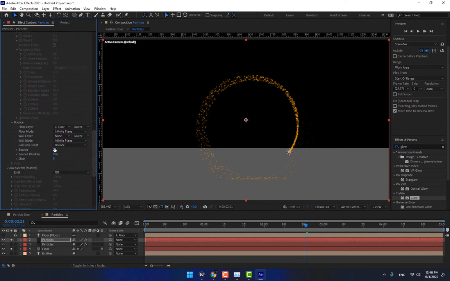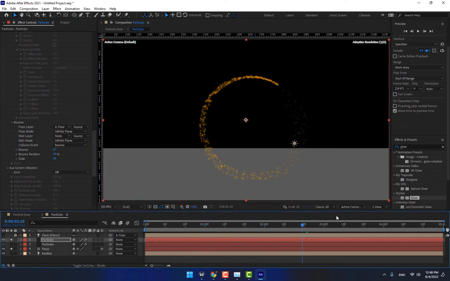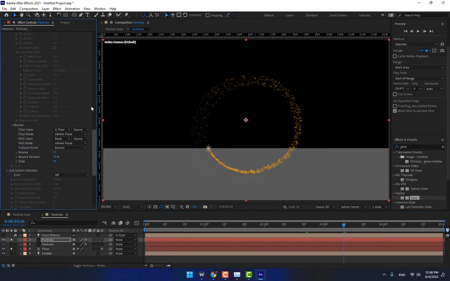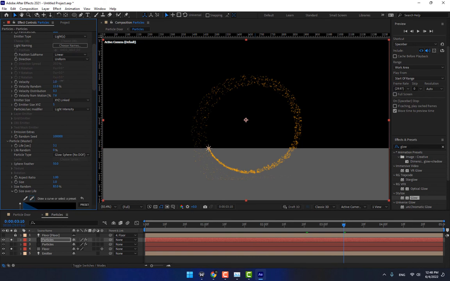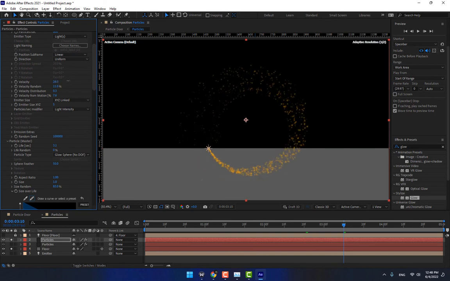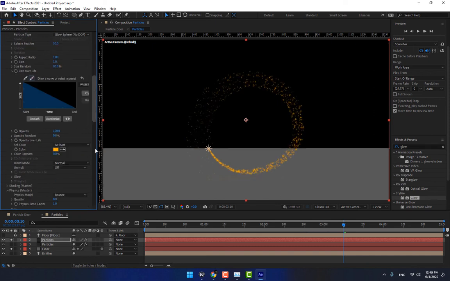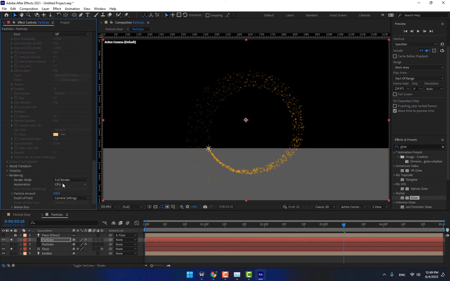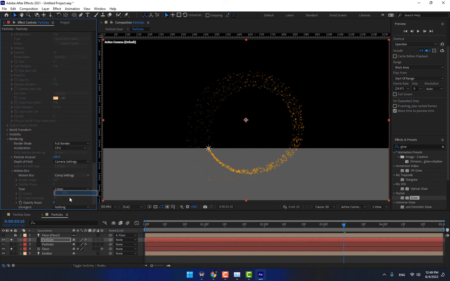bouncing, there is a bounce, random bounce, slides, play now. Okay, change the velocity and go to rendering, turn on the motion blur, change the motion blur,